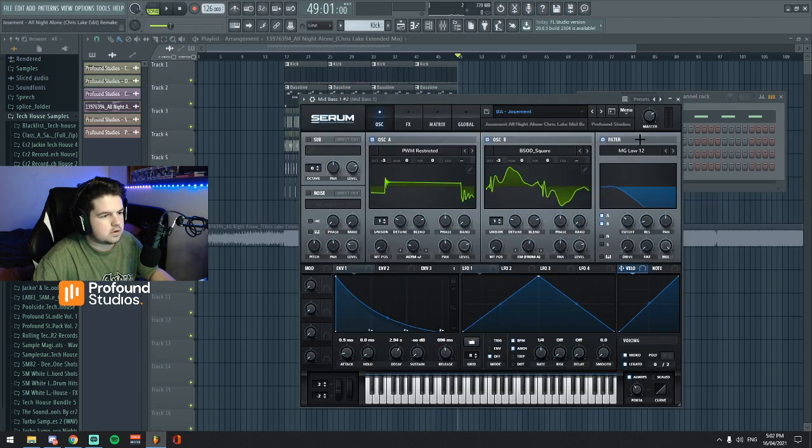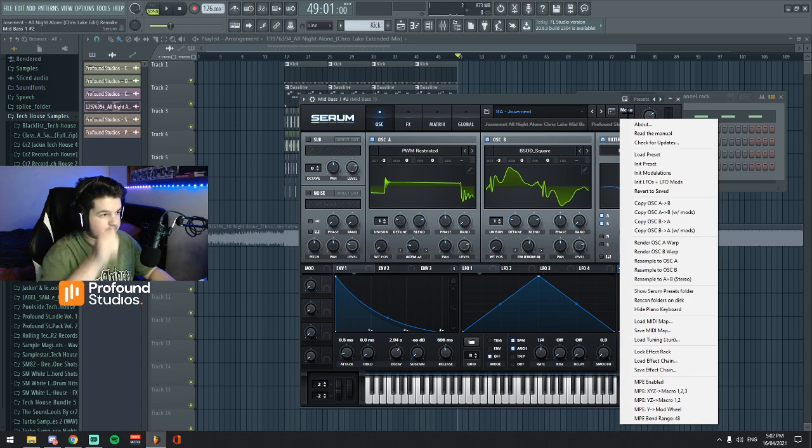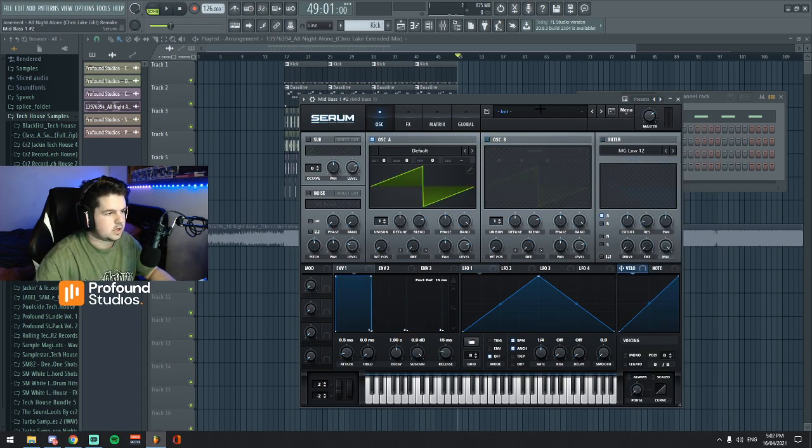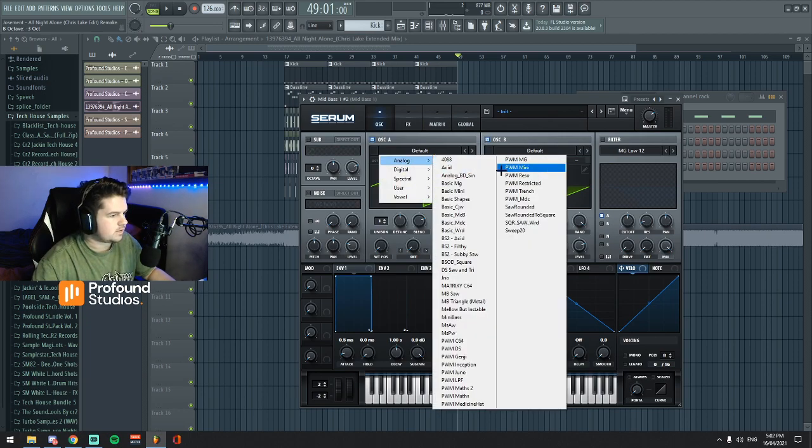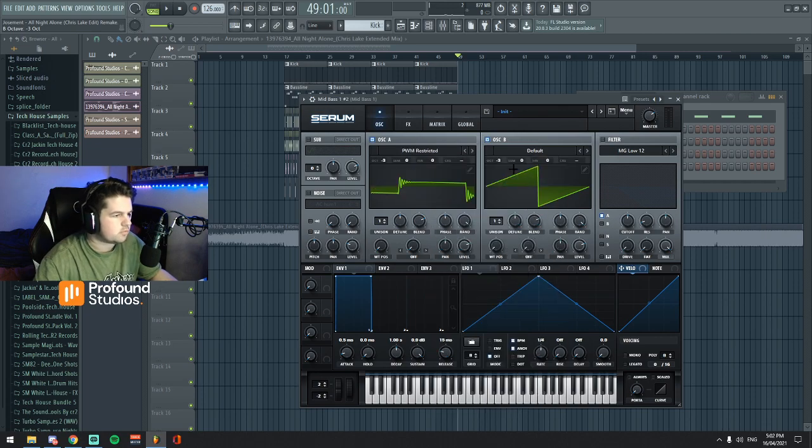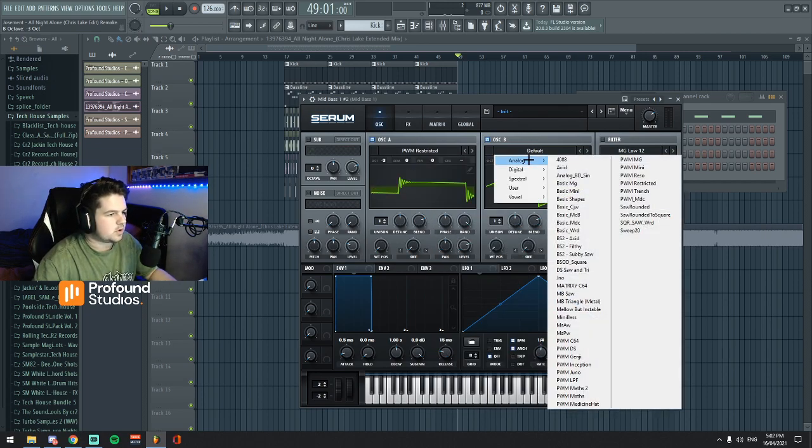Let me just clone this, and then we will go init preset. So let's start from the beginning. Okay, so we're going to have oscillator A and B both on. We're going to quickly set them both to -3 octaves. For this wavetable, we're going to be using the PWM restricted, and for this one we're going to be using the